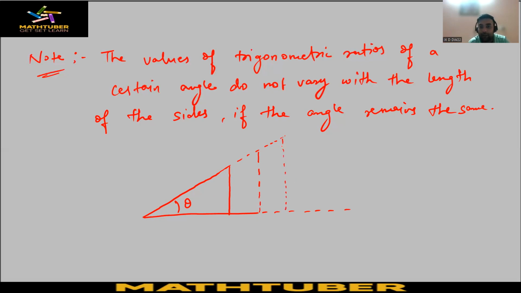Similarly, if you keep on increasing the two sides here, the other side will also keep on increasing. But if the angle remains the same, then the trigonometric ratio will remain the same, right? So based on this,